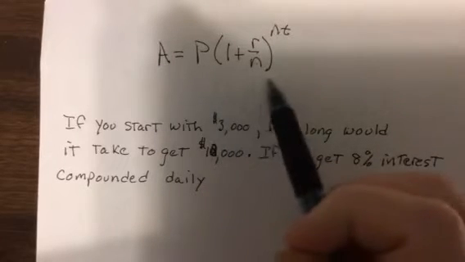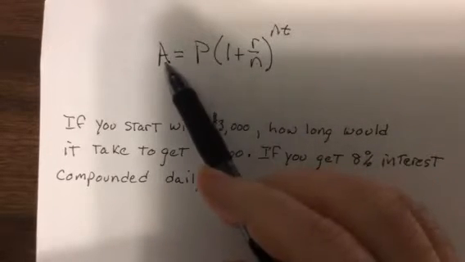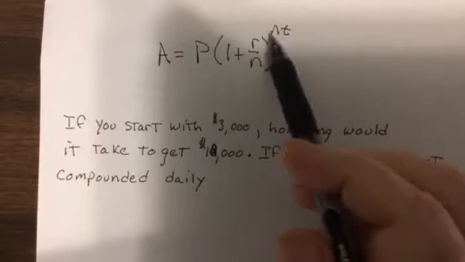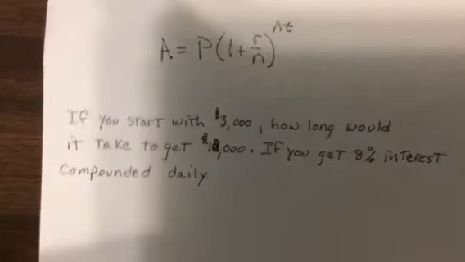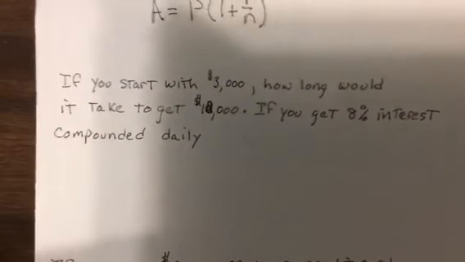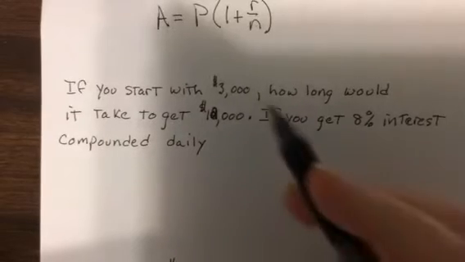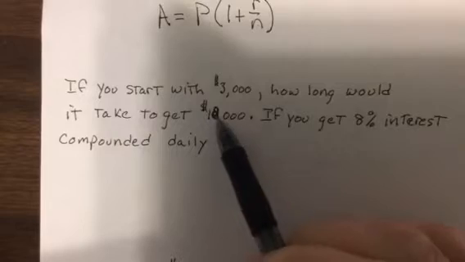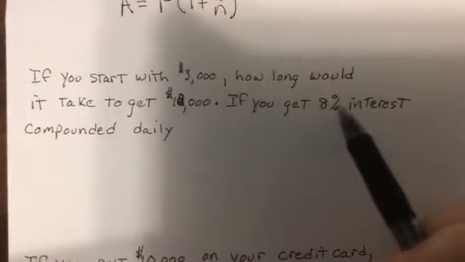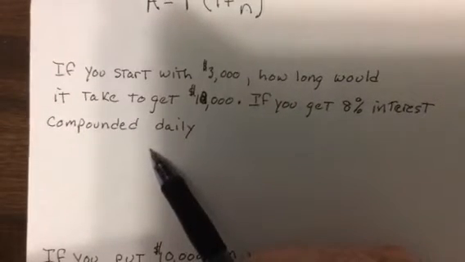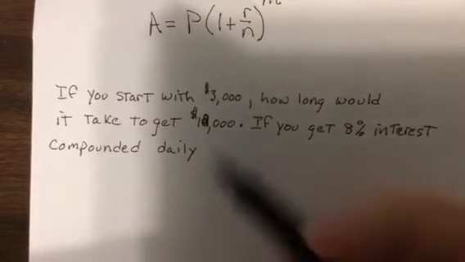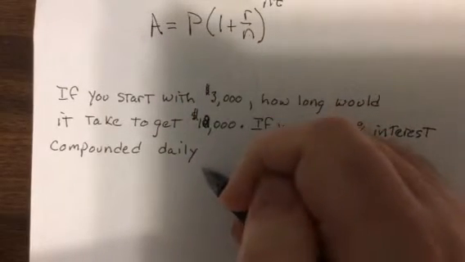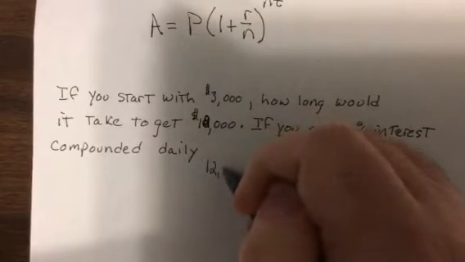You do not have to memorize this story problem, but you do need to know what the different variables stand for. So I want to do another problem with you, one that's going to involve logs. We start with $3,000. The question is, how long would it take to get to $12,000 if you get 8% interest and it's compounded daily? So A is the final amount, so that's 12,000